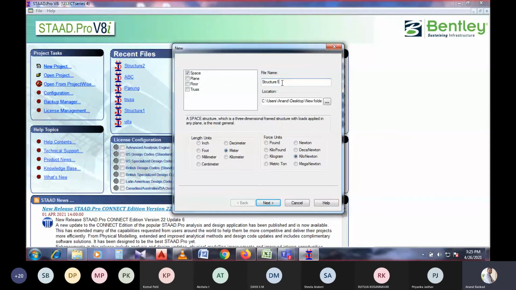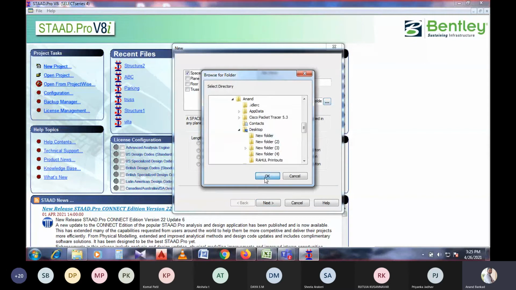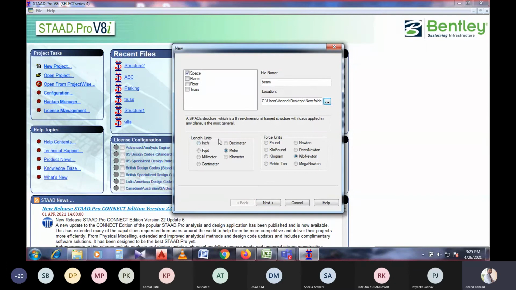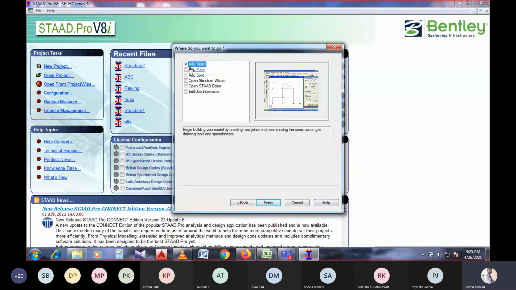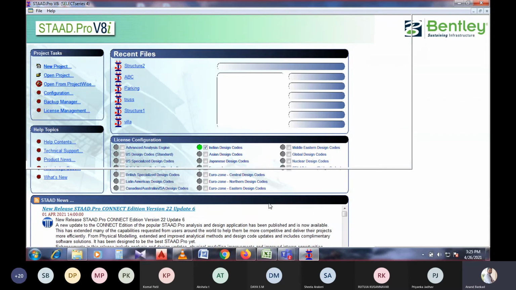The name for the structure will be provided like this, and you can provide any name. I will provide beam. The location of the structure is already provided, the desktop new folder. I will click OK, and check that the length unit is meter and the force unit is kilonewton. I'm going to next. After this, by default you need to consider add beam, then just finish it.